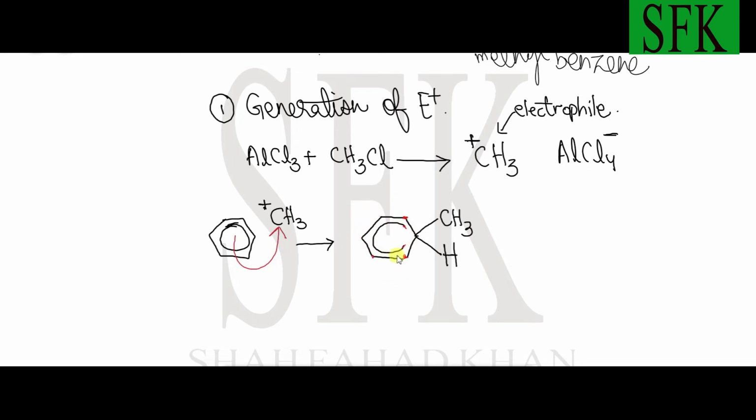okay, but this black part is important, and since it formed a dative bond, and once a dative bond is formed, it behaves as a normal covalent bond. So this benzene ring has lost one electron to the methyl group, because after forming the dative bond, the covalent bond would act as if one of the two electrons belong to the CH3 group and the other electron remains with benzene. So therefore the benzene ring will get a positive charge. Okay, now after